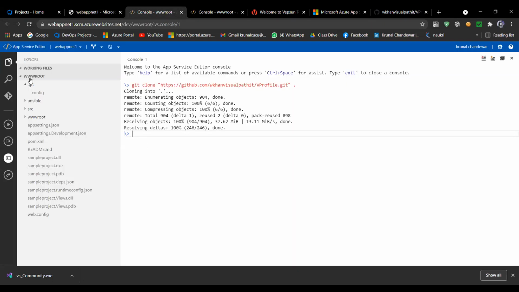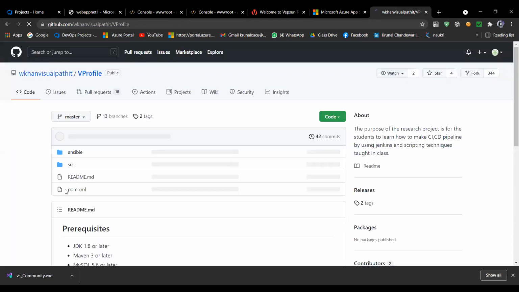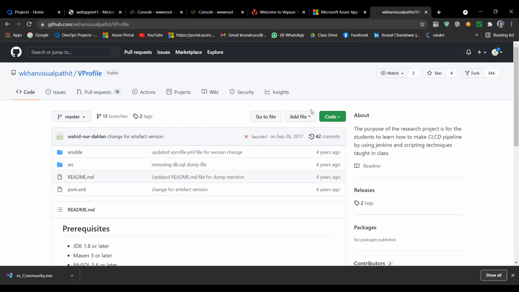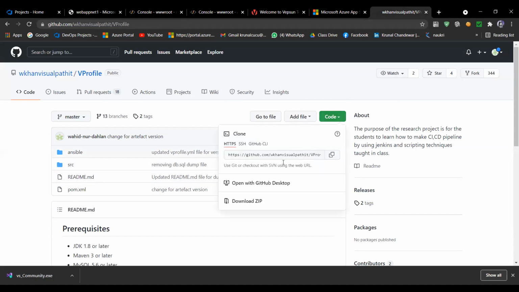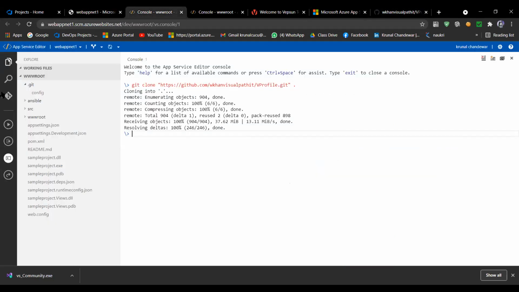So first, what did I deploy? First, I went to github.com. I searched for one project and copied the URL of that project. That same project I pasted here and imported.